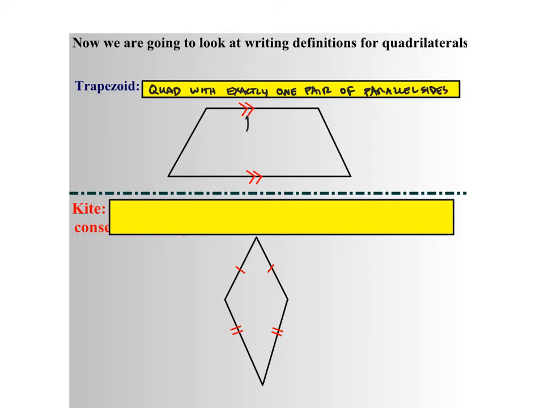You can see them right here. That side's parallel to this side. The other two sides are not. One pair of parallel sides. Okay, a kite is a quadrilateral